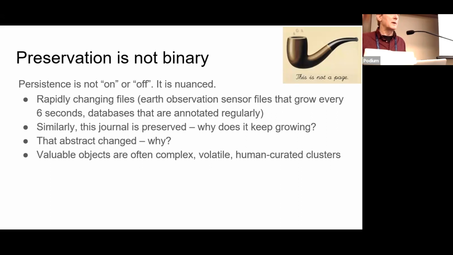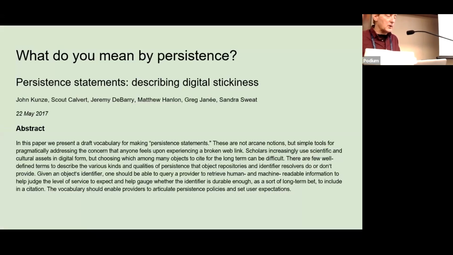So they reserve the right to do that because their loyalty is to the past, and scholarship changes and science changes. So valuable objects are often complex and they're volatile, and humans, we can't stop ourselves from tinkering with them. So we wrote this paper, and it's in green on my slides. There was a whole bunch of proposed terminology, which is not fixed. So I kind of qualify this. I think it's an interesting paper. Love your help and advice on this.